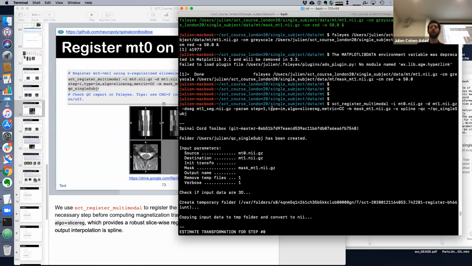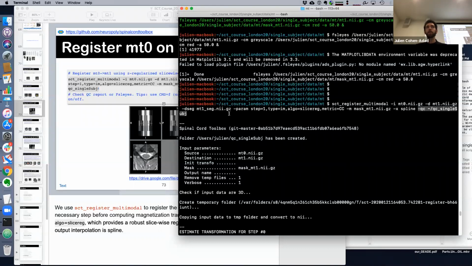Sorry, we're going to use the image, and the algorithm will be slicereg, and the metric will be the cross correlation. We are going to use the mask in order to only do the estimation inside my mask. Minus X stands for the interpolation type, so we can choose between spline, nearest neighbor, or trilinear interpolation,